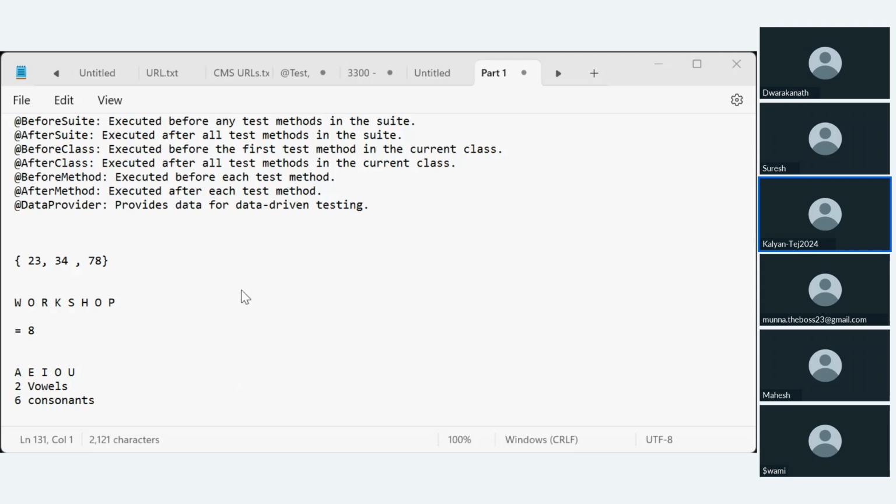So yes, thanks, Swami. Apart from him, can anybody explain the inheritance concept? What is inheritance and what are the types of inheritance? People who already attended the session. Priya, can you try? Are you there? Anybody can try the inheritance concept. What is inheritance and what are the types of inheritance, quickly?